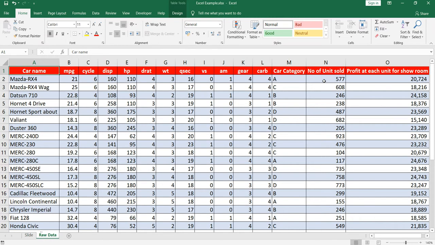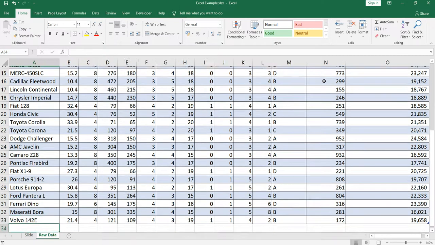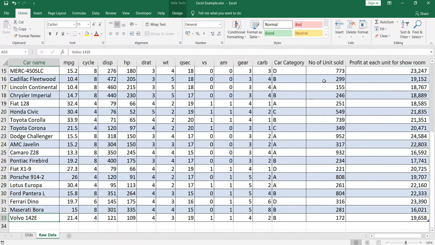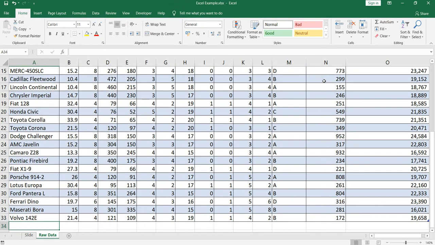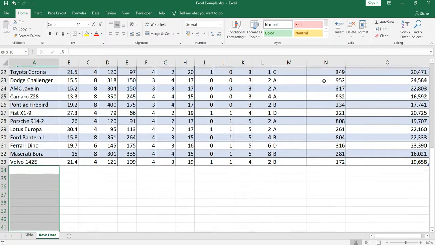Before creating a pivot table, you have to understand two things. First, what kind of range you are using for the pivot, and where you are going to create the pivot. So let's first discuss the range. Now this is my data set, and there is a possibility that in future another car will be introduced in the showroom.